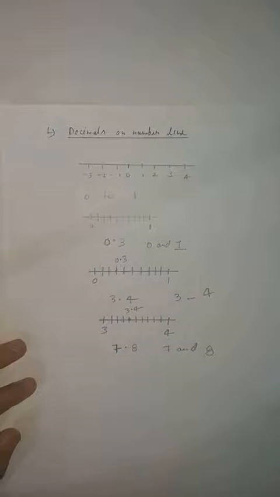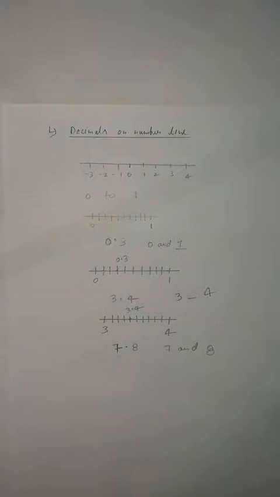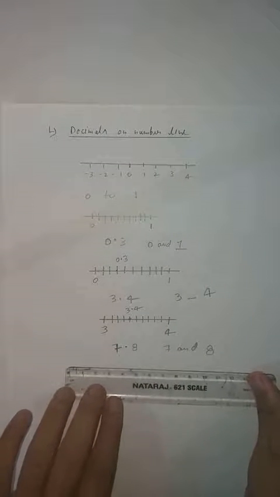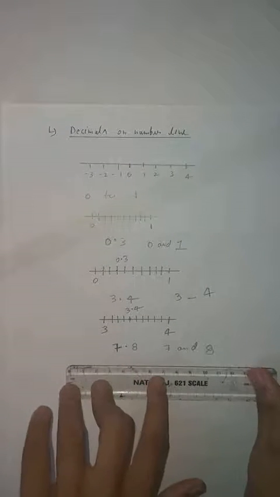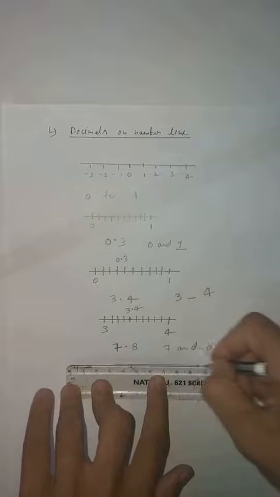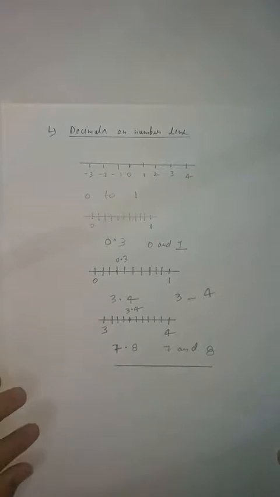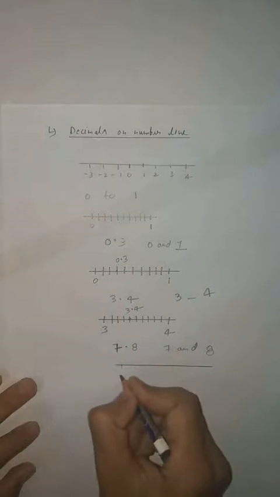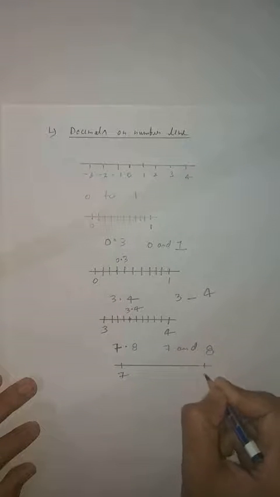Okay? Now again draw the number line of this. Clear? So you know that this will lie between 7 and 8. Clear? So again we will do the same process. One number line you will draw. Clear, student? So 7 and 8. You know that the only requirement is 7 and 8. There is no requirement of any other number. So write down 7 here and 8 here.